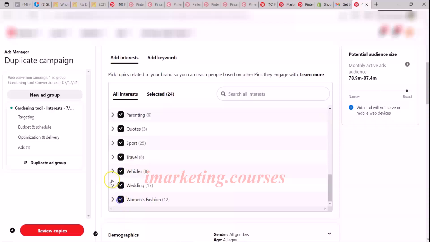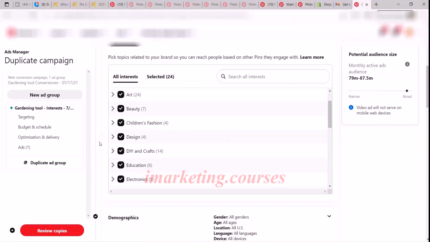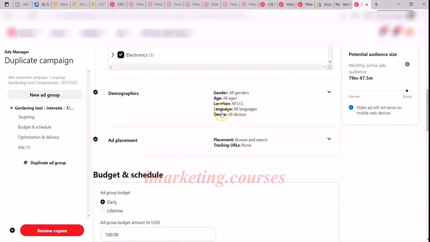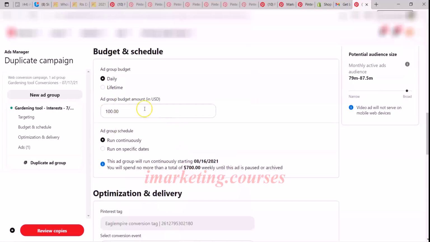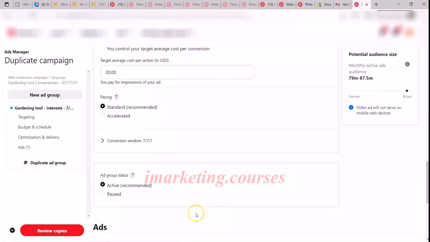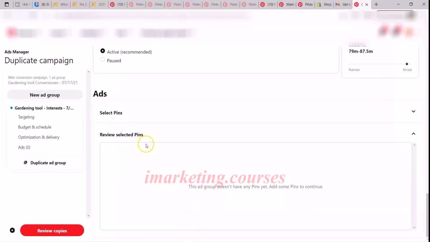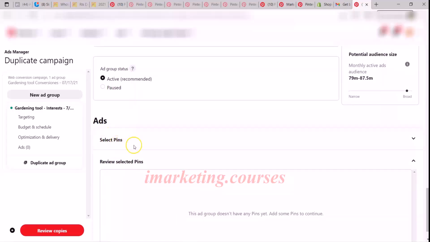Let's make sure we select all of them. Just make sure you select all of them. Then this is going to stay like that. This stays like that. The only thing we're going to change is the ad here. So we're going to remove this pin and select the new pin for the new product. Then you will click on review copies and you will launch